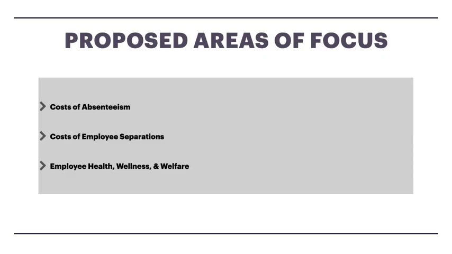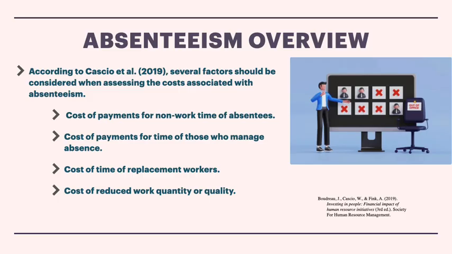So the first two are subjects in which I feel that we could implement this immediately. Employee health, wellness, and welfare is going to be very important to this company. It will take time to see return on this section until we have a larger workforce, but it's still important to cover regardless so we can get prepared for the future. So we'll go ahead and look at the absenteeism overview here.